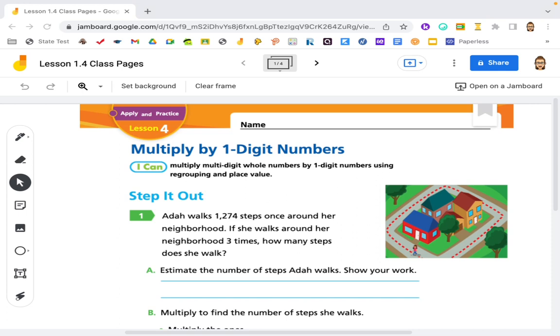neighborhood. If she walks around her neighborhood 3 times, how many steps does she walk? Then it says, estimate the number of steps Ada walks. Show your work. Well,